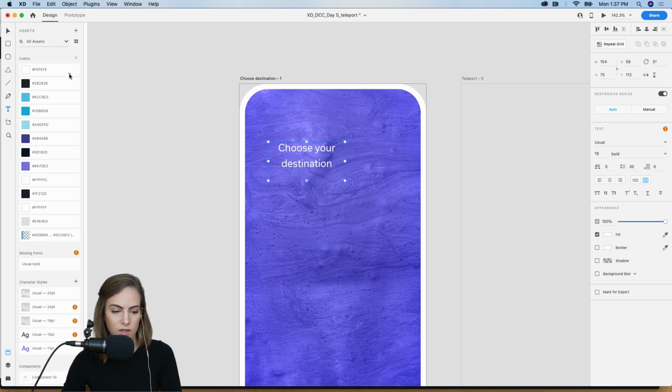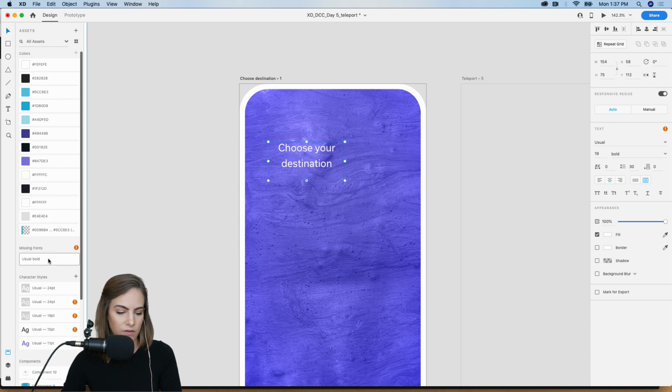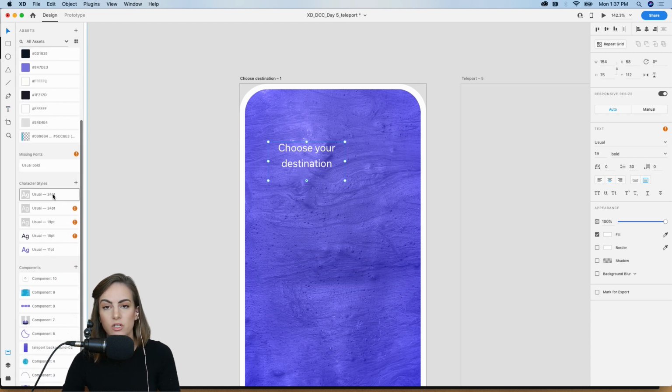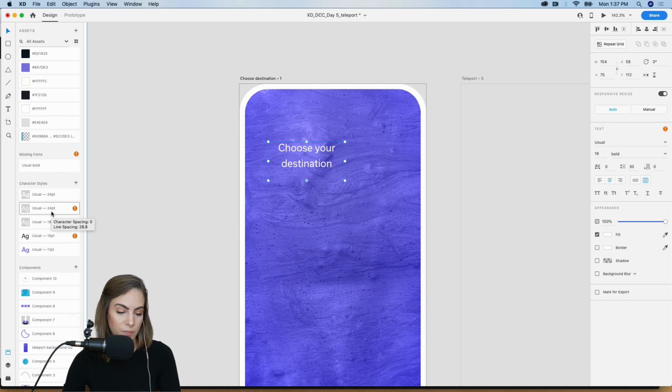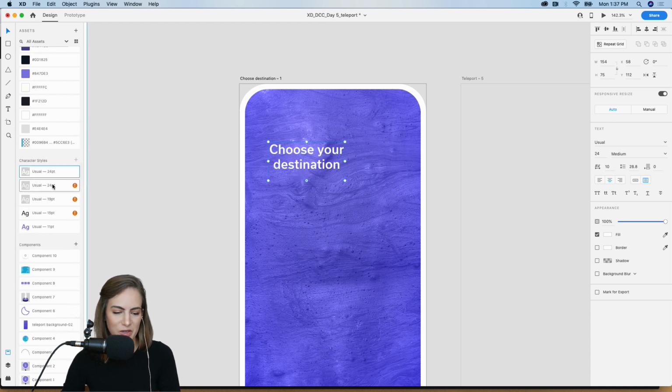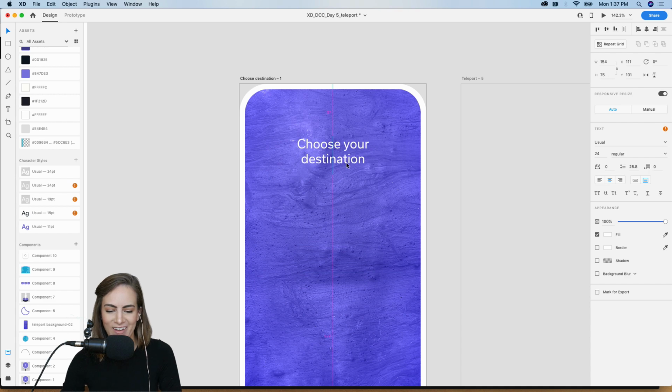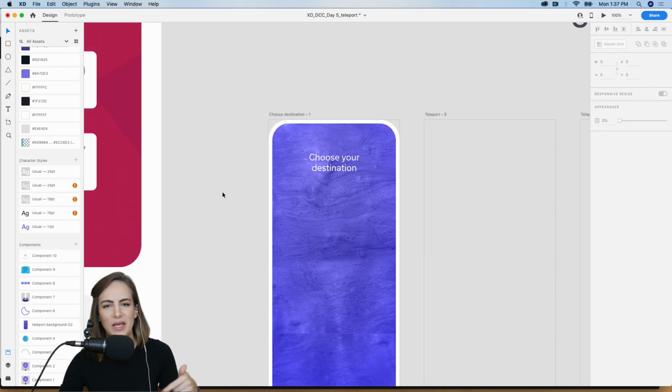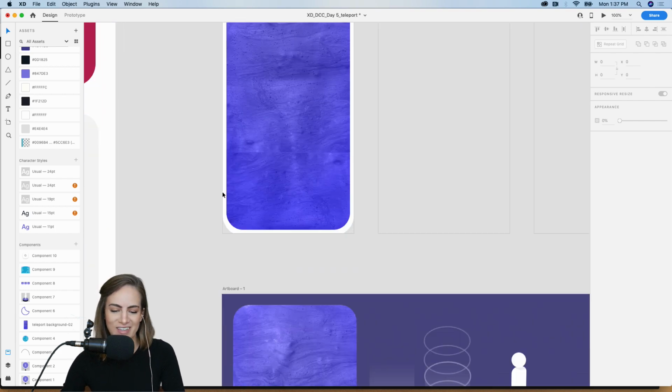Going to add that. And I've already got some of my fonts. I'm using the font called Usual. I've been using that a lot lately, so let me know what you think if you have a favorite font. I tend to use the same 5 fonts on rotation for a month at a time, and then I switch to 5 new fonts.